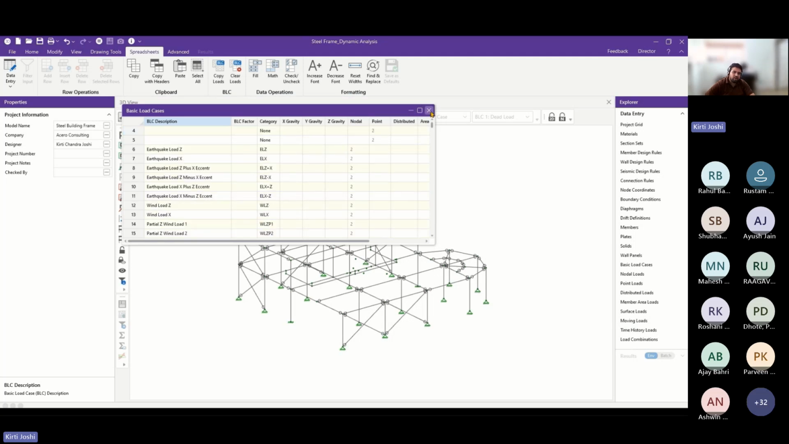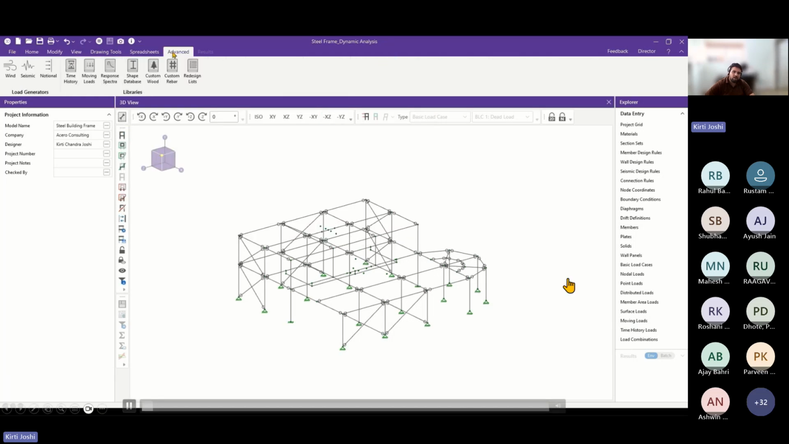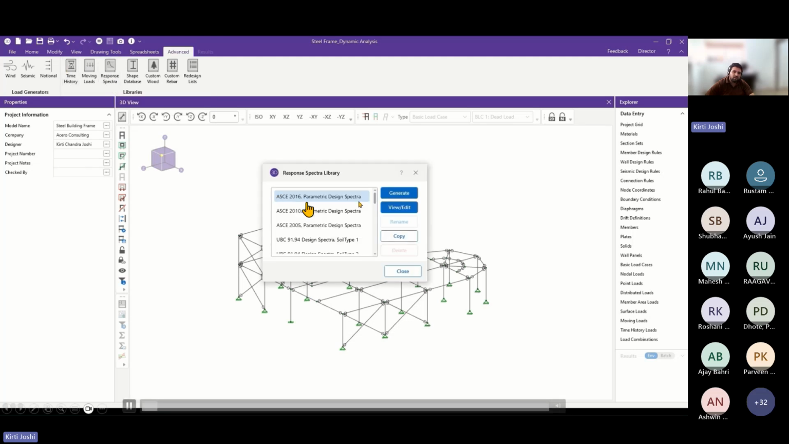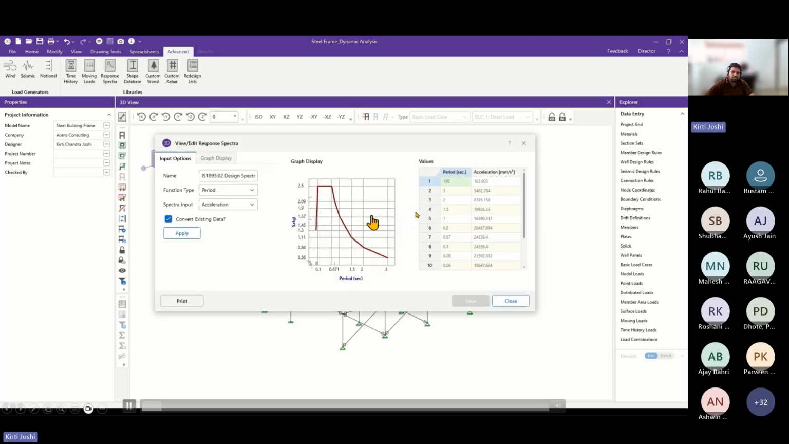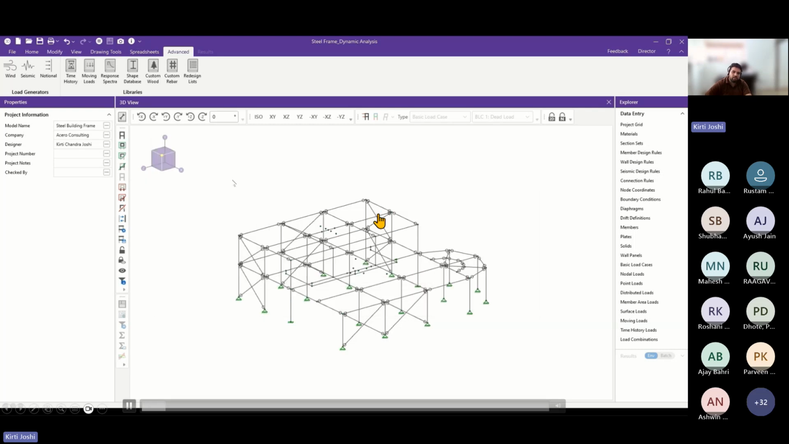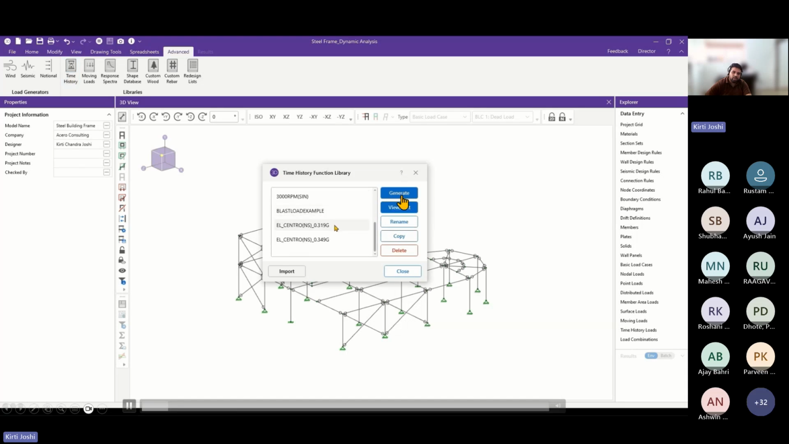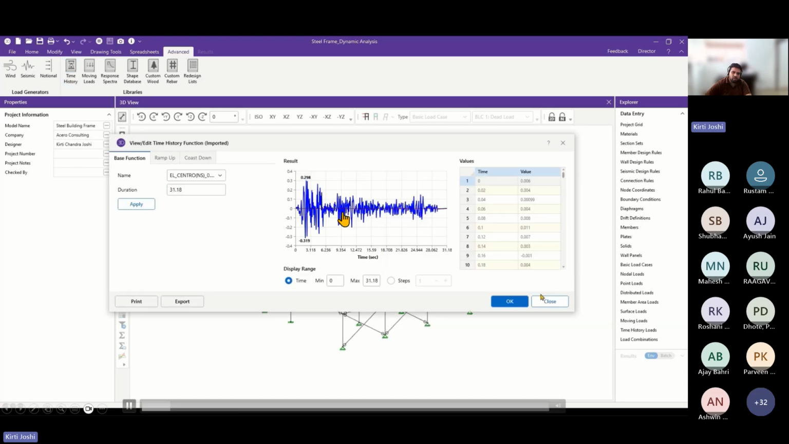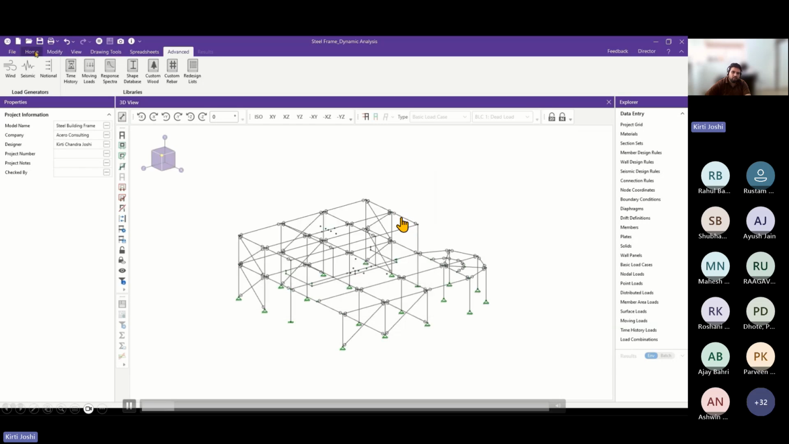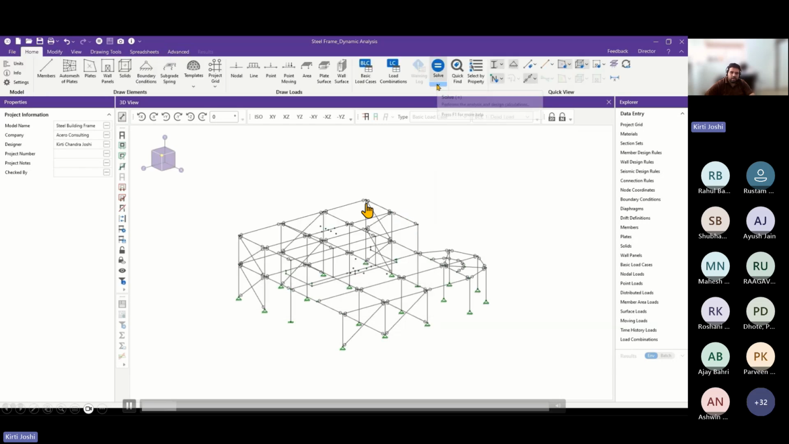So once I've created all these combinations, I will go into the advanced tab, and there is the option of response spectra here. There is a library available for different types of the IS code as well. So you can just select it and check out the graph here, or you can generate your own graph as well. There are options of whether you want to add, generate, or view. So once you have done this,